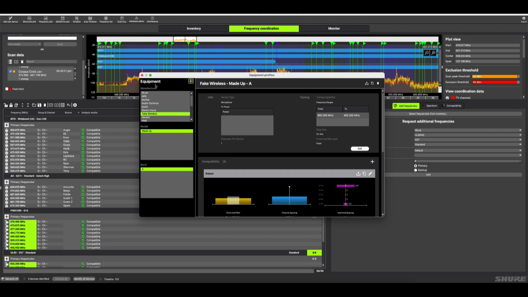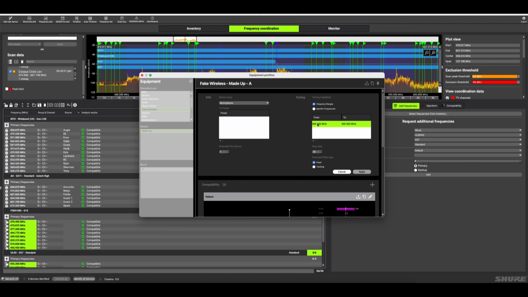Create. So down here at the bottom, I got this fake wireless right here, made up model. So I'm going to say that this is tunable from, let's say, 470 to 529,